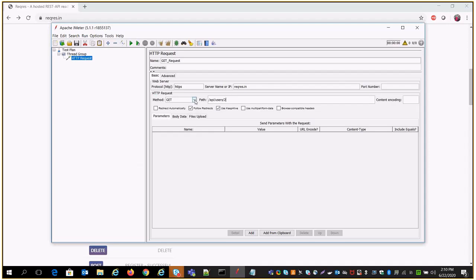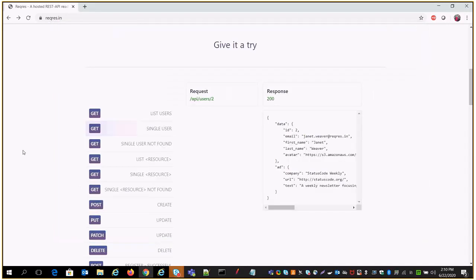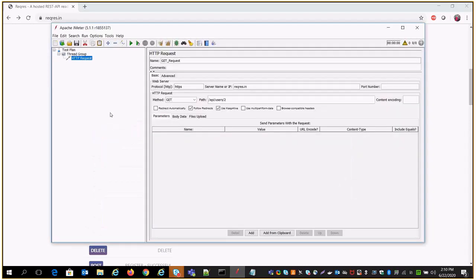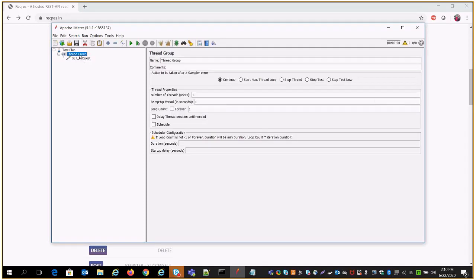Now that is only the GET method. In the drop down we selected the GET method, and once we pass that request, the response should come there, and the response code should be 200. So once our request has been developed, now we need to see the response and everything.